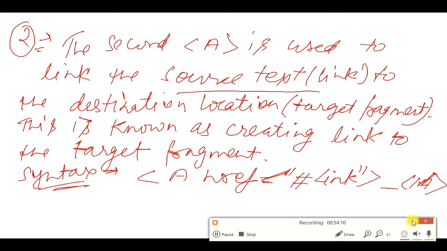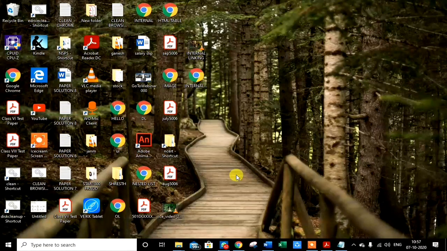Now student, after saving the file, open it in the browser. And now we will open the HTML page on the browser.